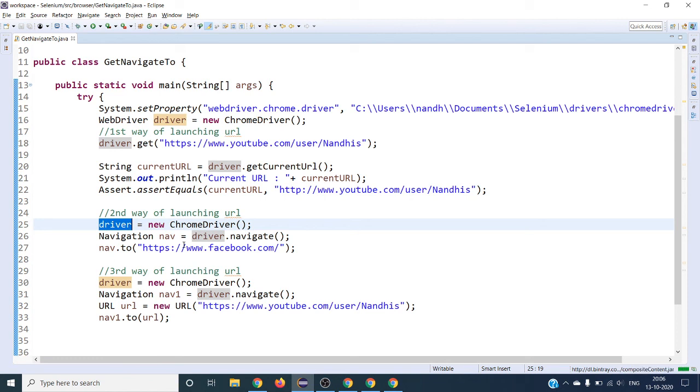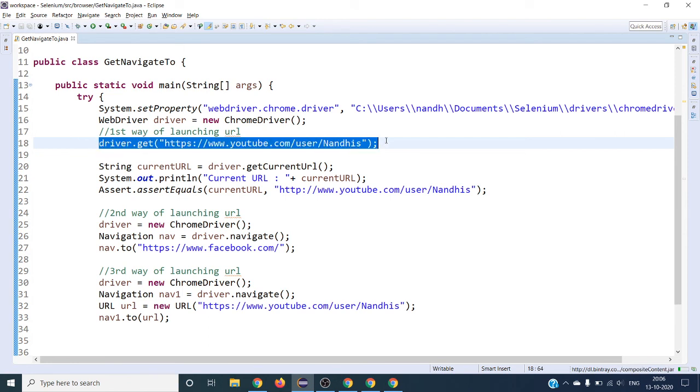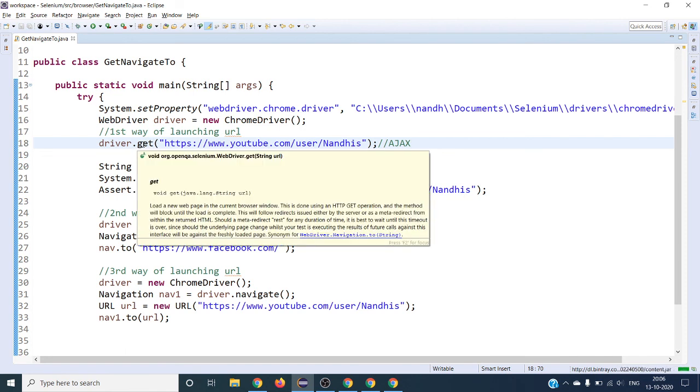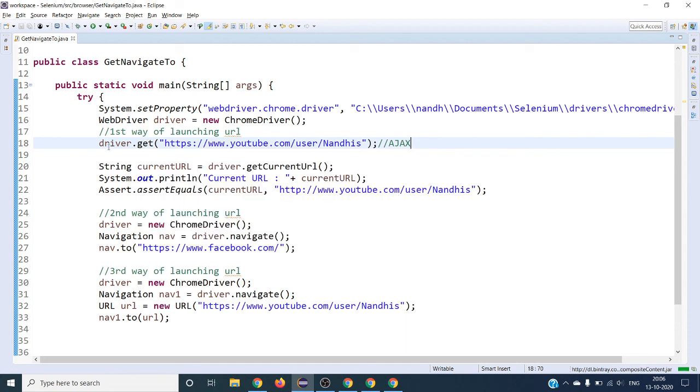If you want to choose the right method to open your application URL, I personally recommend using Selenium WebDriver's get method, because it waits for your page to load. But one condition: the get method will not wait for your Ajax calls to load. If your web page has multiple Ajax calls or dynamically loads with HTML5 or CSS3 latest features, it will not wait for that. It will wait until your server responds back to the get method. This is the difference.